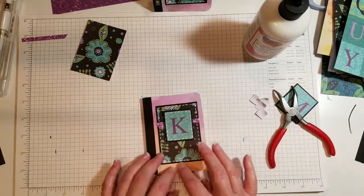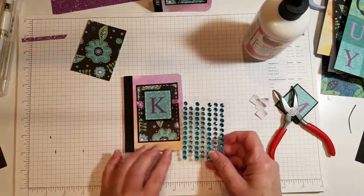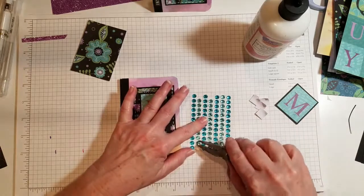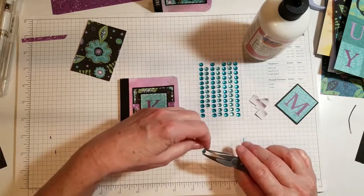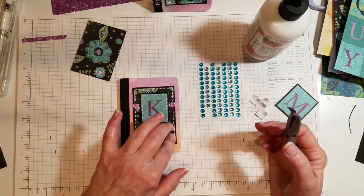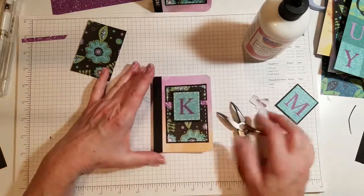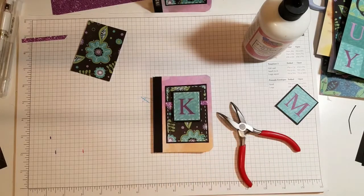Now I'm going to grab my trusty tool again, my needle nose pliers, and I also use them to put gems on my cards and anything else that I'm making, because it helps me to put it exactly where I want it. So just putting one gem on there, kind of in the opposite corner of where the K is sitting. But there is a little book, and well, no, it's not last. I still need to put my ribbon on there, and I still need to put the little sentiment on the side. So I'm just trying to see where I want to put the ribbon,